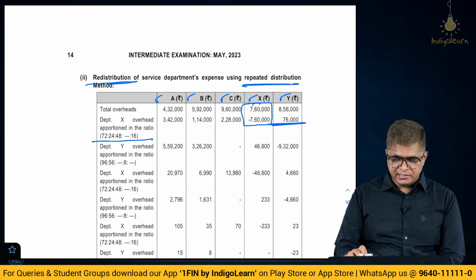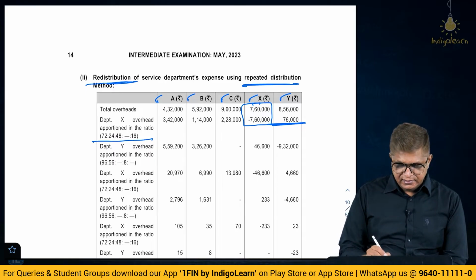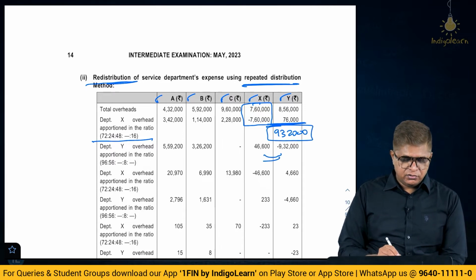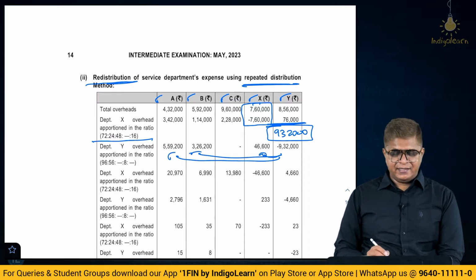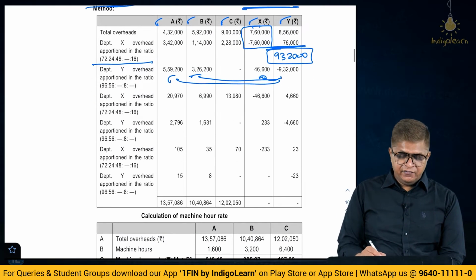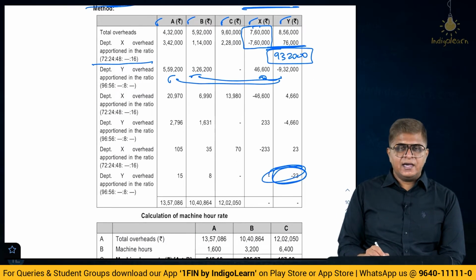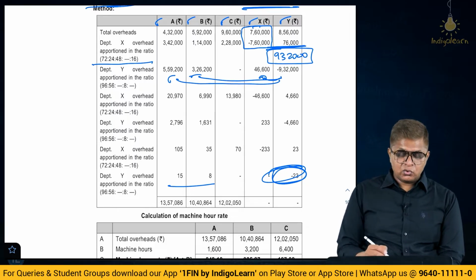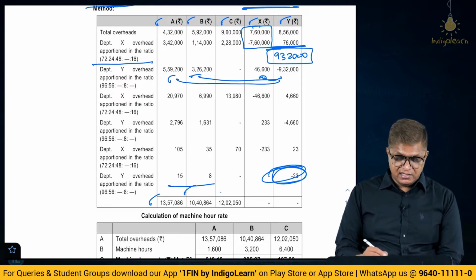8,56,000 plus 76,000, that is 9,32,000. Now this 9,32,000 gets redistributed to the 2 production departments and to the service department X. So like that we go on doing the repeated distribution till finally it becomes negligible and we transfer it to the production departments. So we get the total overheads for production department A as 13,57,000, for B as 10,40,000 and for C as